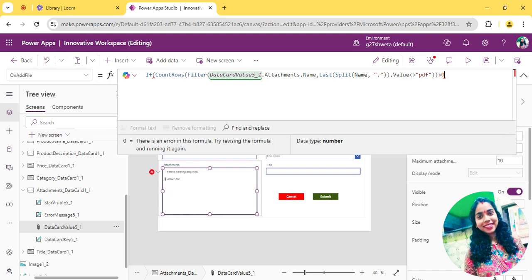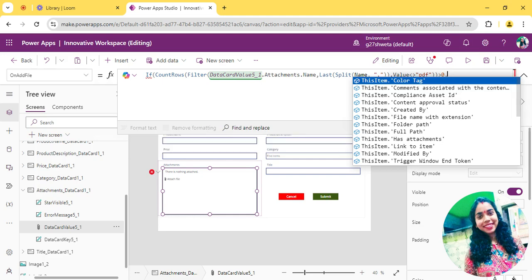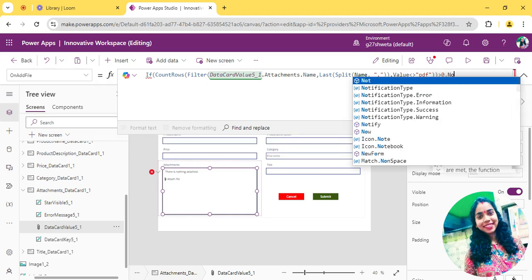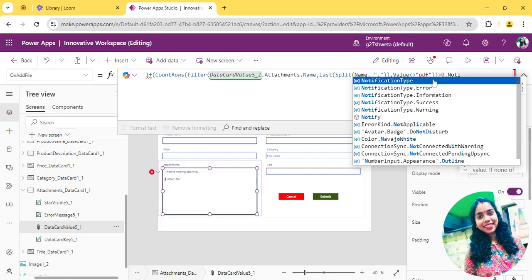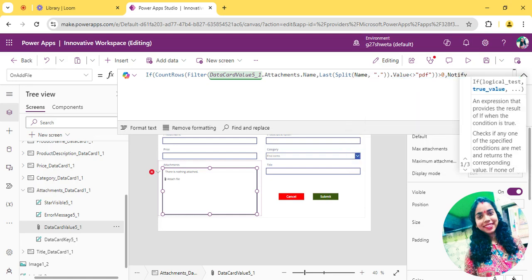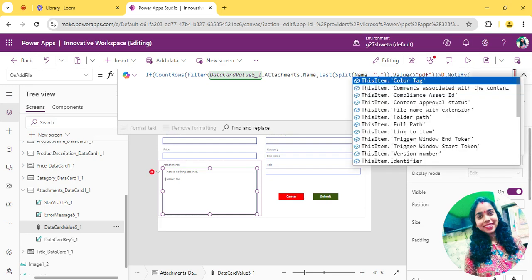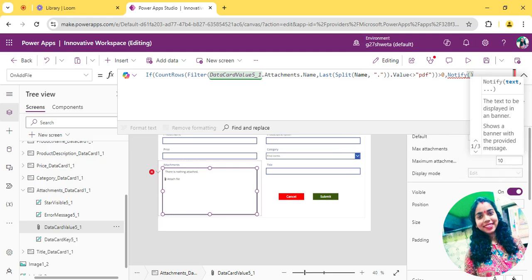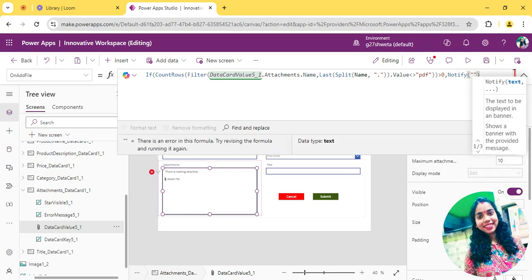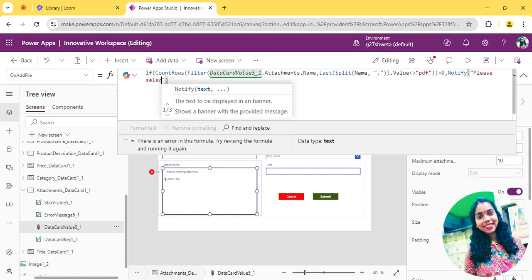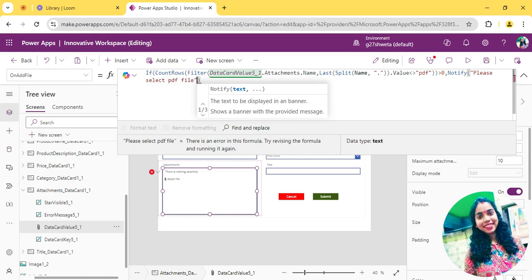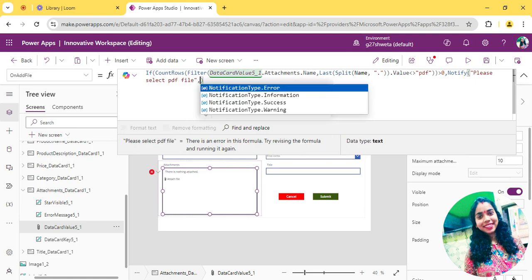If count rows is greater than 0, if it comes, then notify, "Select the PDF file," and I am giving the notification type error.